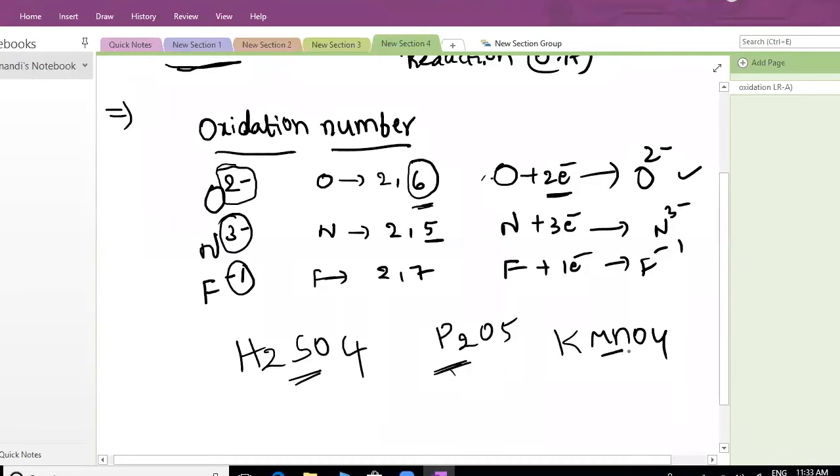Suppose you are going to play any new mobile game, we have some rules, or not, sir? To play every game, they have some rules. Like that, to calculate oxidation number, we have some rules. Those rules we are going to learn today, and apply tomorrow, because time is not there that much. So we'll try to finish our rules.